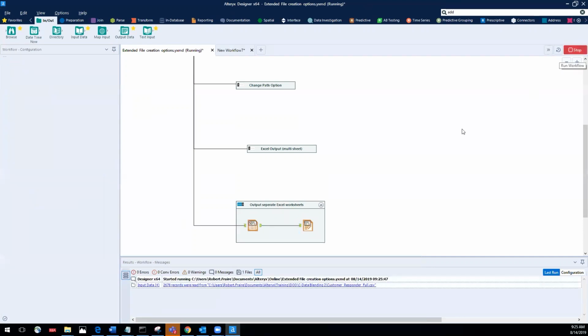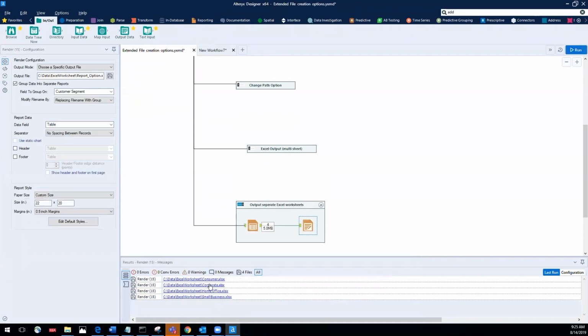Then go ahead and run this. When we run this, we will find that it will generate not one file with 4 tabs, but as we can see from our results window, it will actually create 4 separate Excel files, one for each of the customer segments. So I hope that you find this look at the output data options to be helpful,